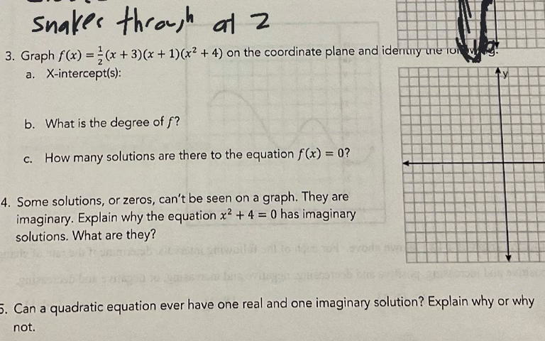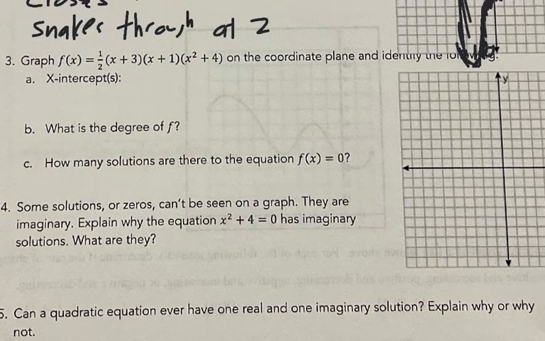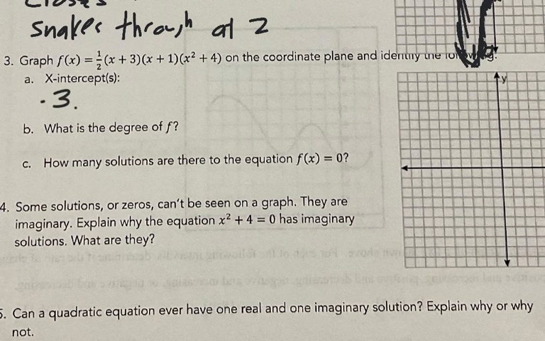All right, let's try to do the same thing here. Let's identify as much as we can without graphing it. Can we identify the x-intercepts? Where are they? -3, -1. Well, -4 is